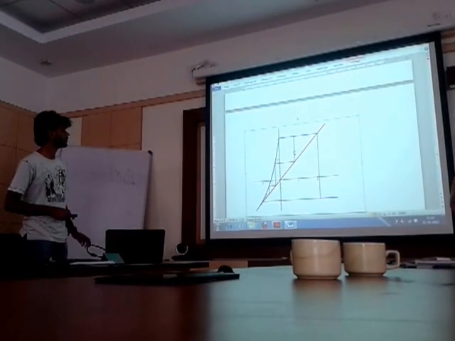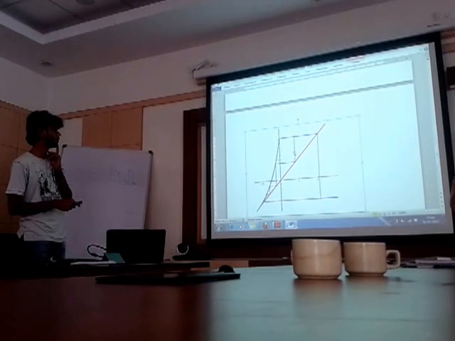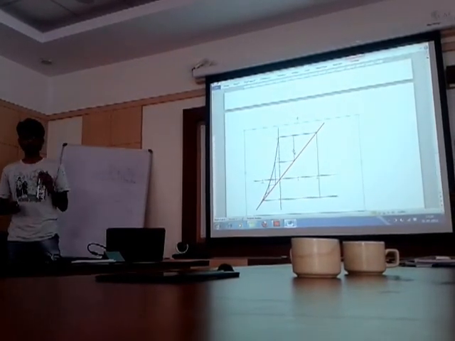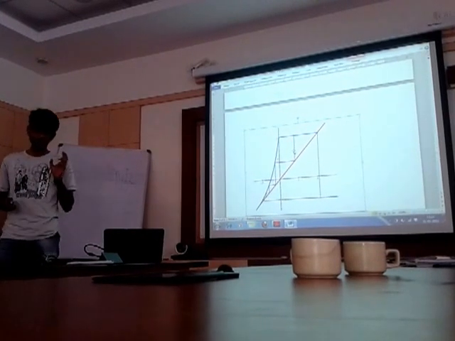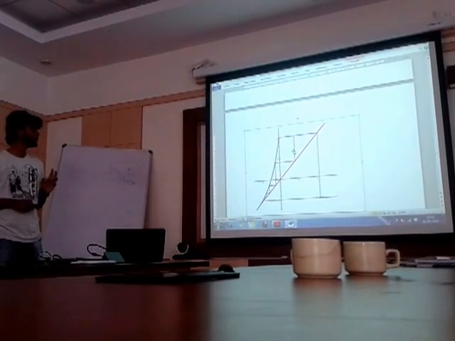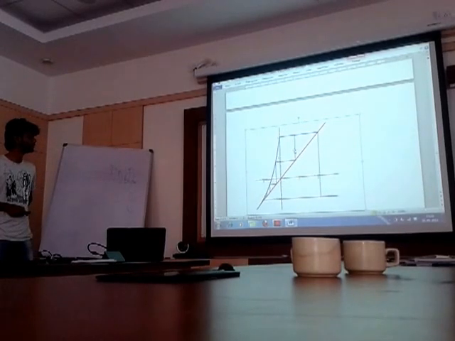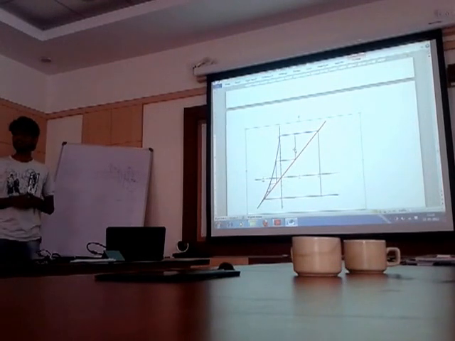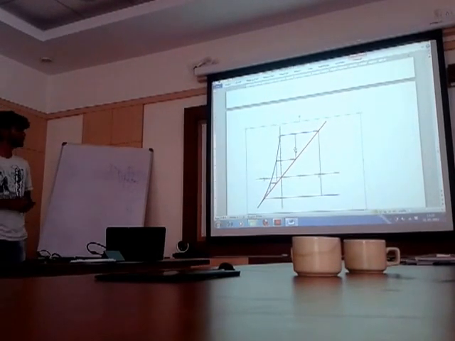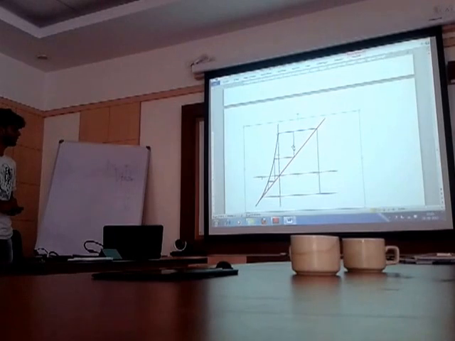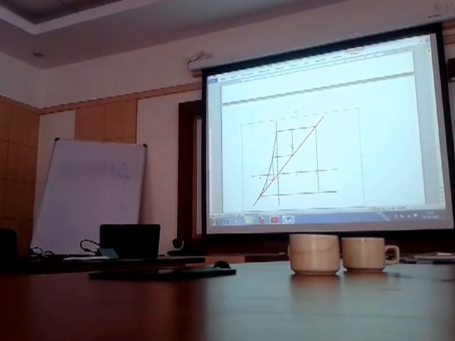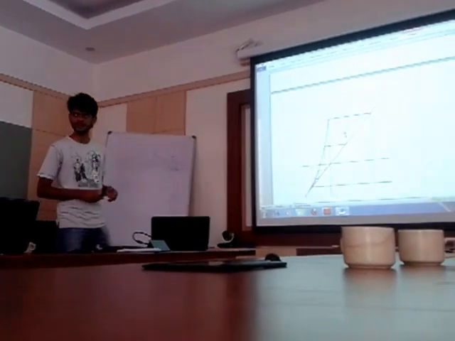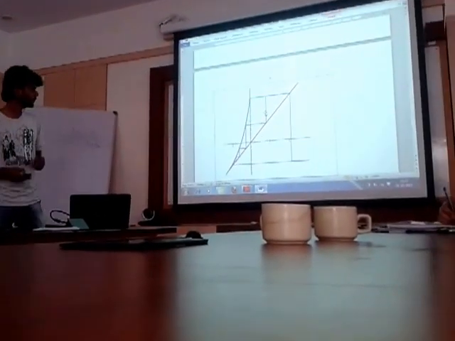This is the map of the faster variable, taking the slower variable as constant. Here we see there will be 2 intersections, one stable and one unstable. By changing the slower variable and the constants, those 2 stable and unstable points merge together and give rise to a saddle node bifurcation.